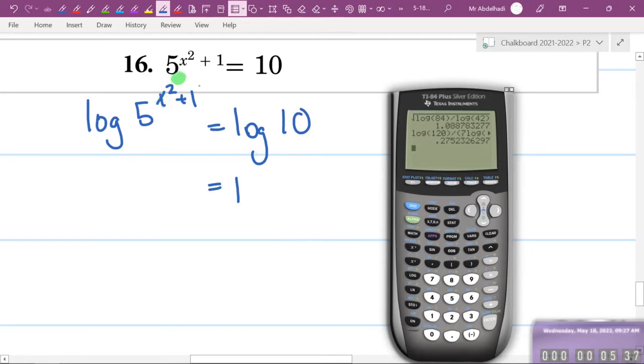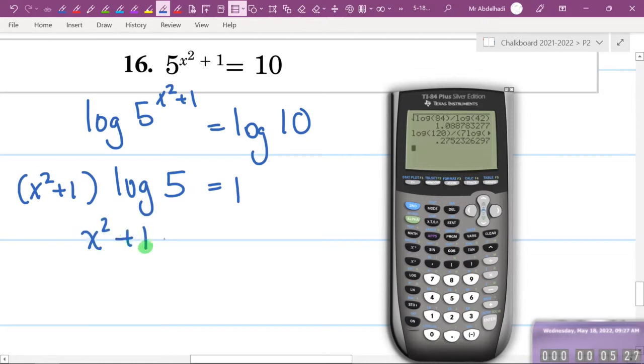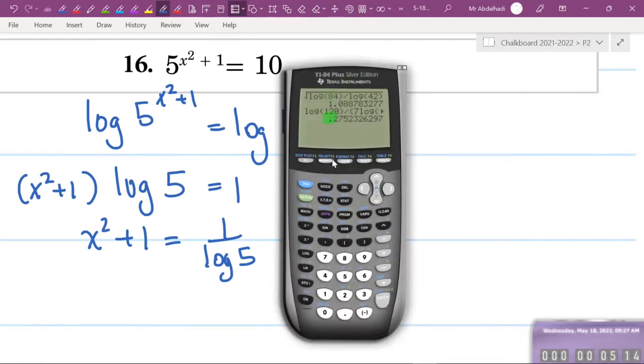And then here I can bring down the x squared plus 1. Don't forget to use parentheses now. The x squared plus 1 comes down, and now I have log 5 here. So x squared plus 1 is going to be 1 over log 5. Oh, this is going to be a mess. Well, no, it's a simple quadratic. Maybe it won't be too bad. So at this point, I should just find out what this is in decimal. What is 1 over log 5? 1 divided by log 5 is